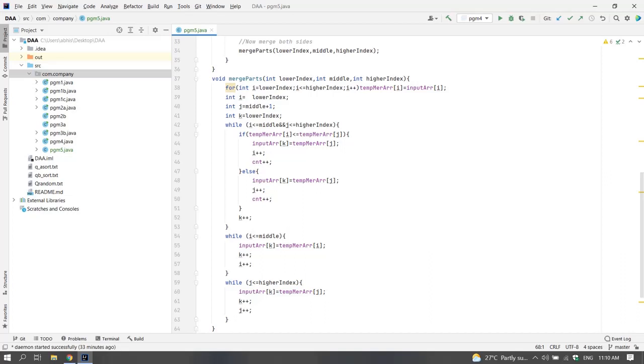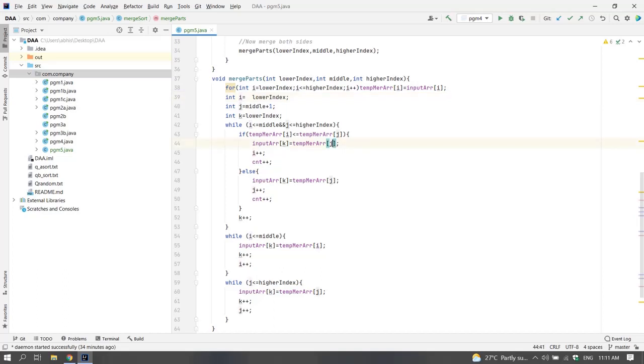So we have three iterators: I, j and k. The k is for the input array, which is going to be filled, and I and j are the two iterators in the temporary array. What we are going to check is, between the element at the ith position and the jth position, which one is smaller, and that will be filled in the input array. So if the ith element is less than the jth, then we will fill the ith at the position of k, else we will fill the jth. This will go on until either of the iterators reaches the end, and if so, then while I is less than middle, we will put all the remaining elements, and the same with the jth index.